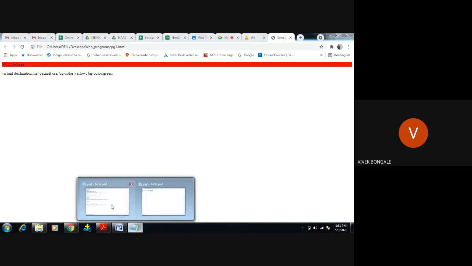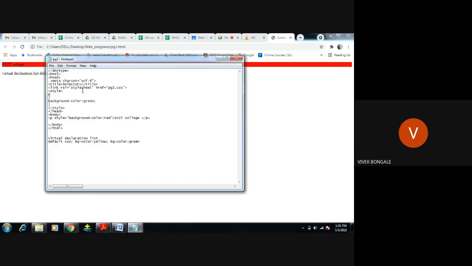It is in now. Background color is what? Red. Right. So by this program, we can say that externally, internally, inline, three ways of style sheet we have given to the same program. Now there is a conflict for the browser. Which one should it display? Whether it should work on external, or should work on inline, or should work on internal? So by this example, we can clearly see that